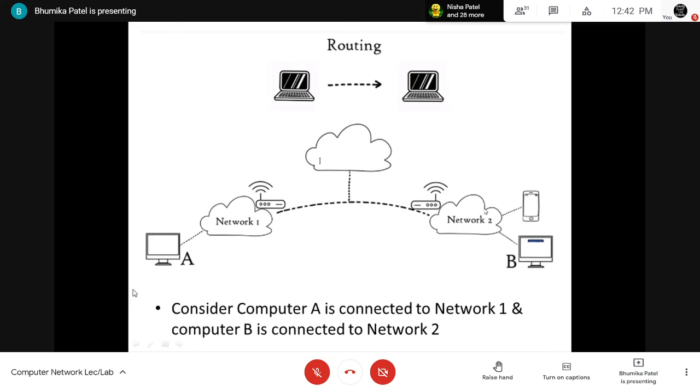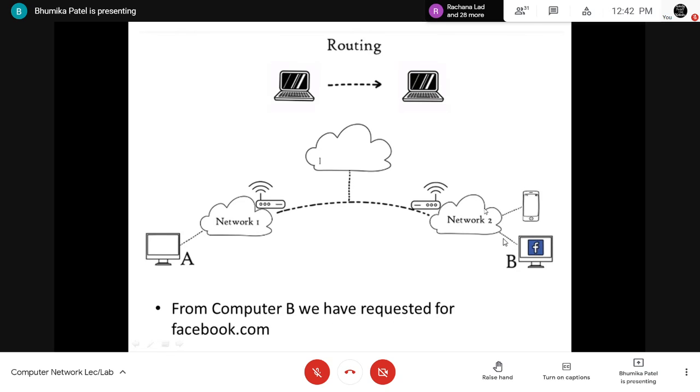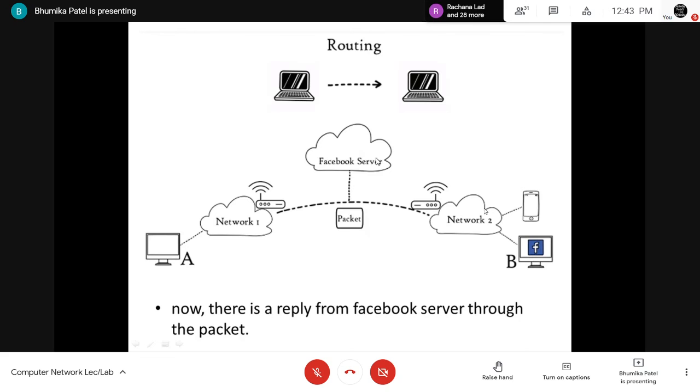Now from this computer B, I want to send the data, or we can say from the computer B, we are requesting for any website. For example, from this computer B, I am requesting for www.facebook.com, and this is what? This is the Facebook server. Okay, as you can see in the middle, there is a Facebook server which can be connected to multiple networks, right?